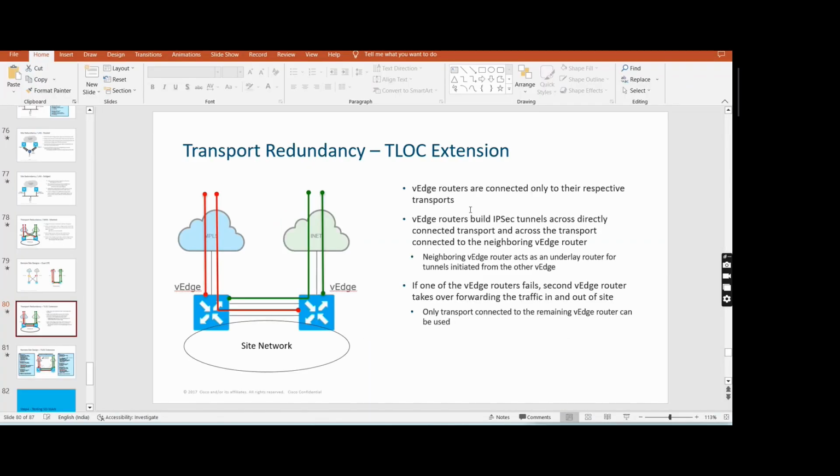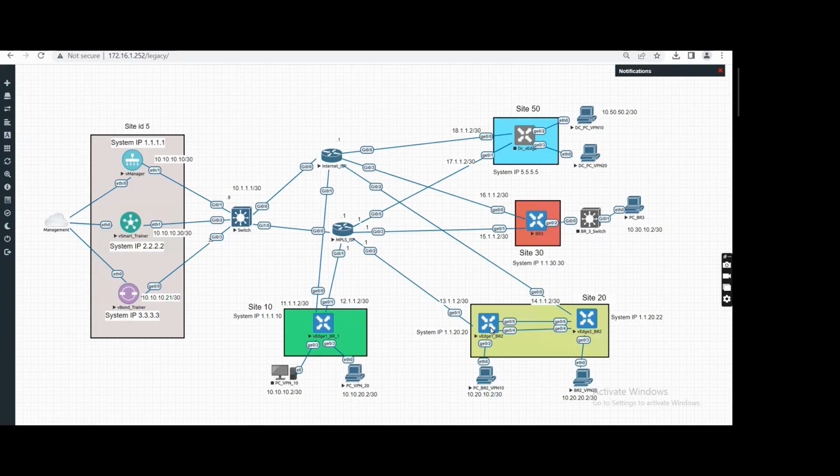So in TLOC extension, you can see vEdge routers are connected only to a respective transport. vEdge routers build IPsec tunnels across directly connected transport and across the transport connected to the neighboring vEdge router. So currently this device has a tunnel only with the MPLS transport. Here you can see there is no other tunnel. Even if you look at show BFD sessions,